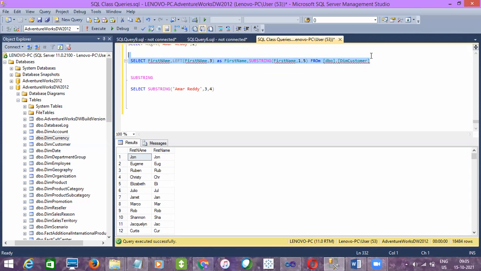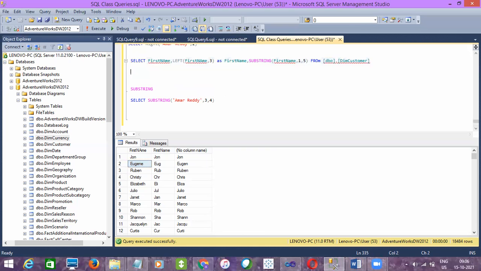If you select it, you can retrieve the first character and the next 5 characters. The first character is E, next is U. Since we mentioned only 5 characters, you can see the first 5 characters and the rest will be ignored. Clear?